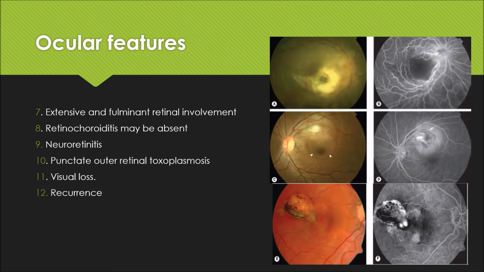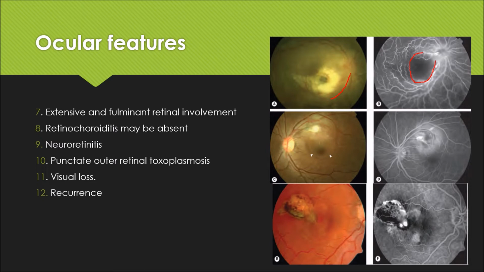Vascular occlusion, as it can be seen, periarteritis here in figure A, and also demonstrated in the fundus angiography, where there is extensive non-perfusion at the posterior pole, this completely dark area,